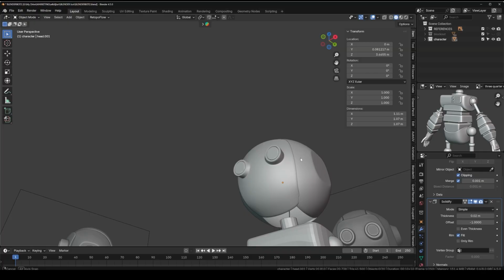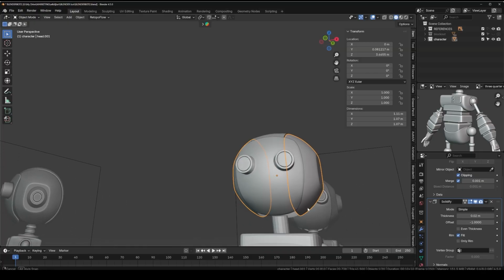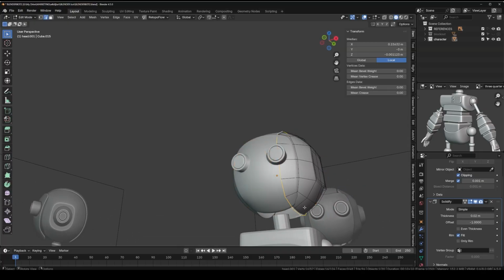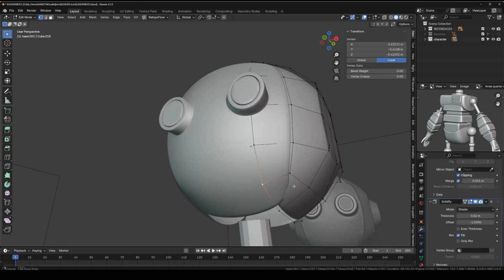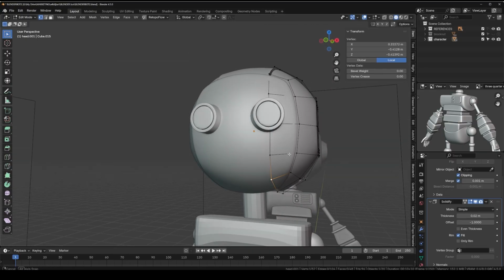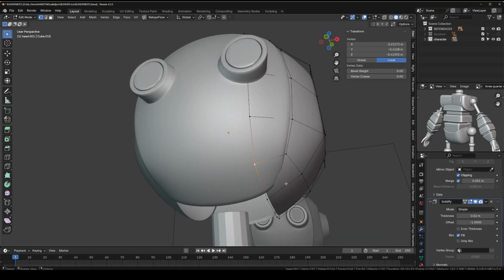Okay, and now we've got the basic head. The only thing, let me just tab into the edit mode here. I'm actually going to delete this face here as well, or maybe not delete it. Let's just play around with it, because at the moment it's intersecting. So I'm just going to, if you press double G, it slides on the edge, and that's quite nice. So I'm pressing double G, and then I'm going to press double G here as well,